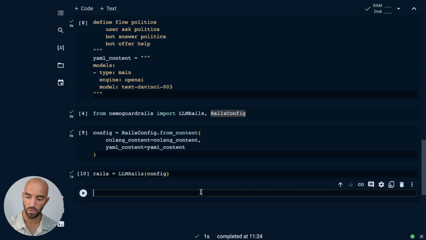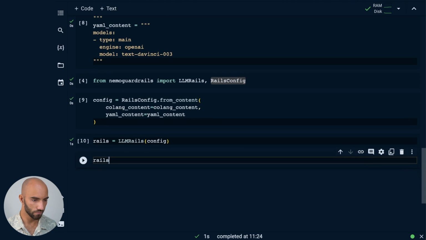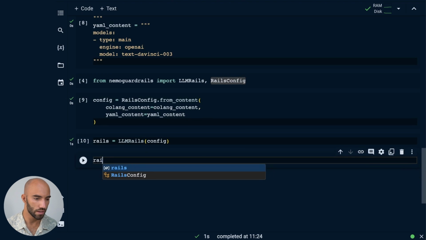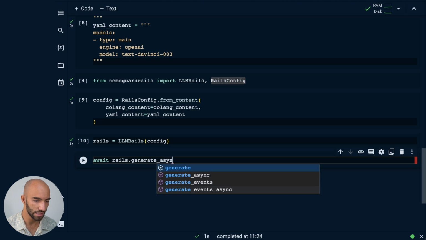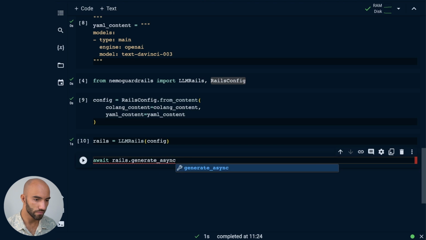Okay, and then we can generate. This is where we're actually talking with our Rails. Within a notebook, we actually need to use async functions. It's just how it works, because Guardrails is built to enable async. So we have to write this.